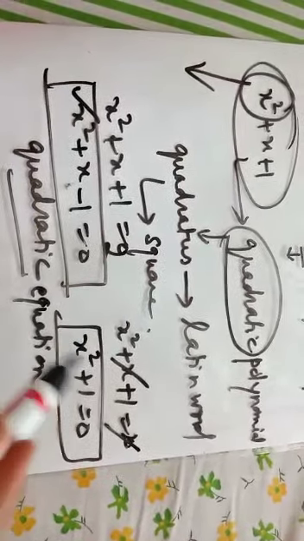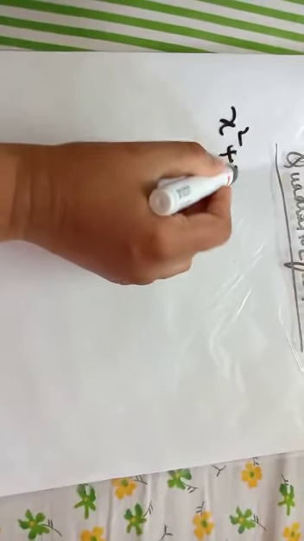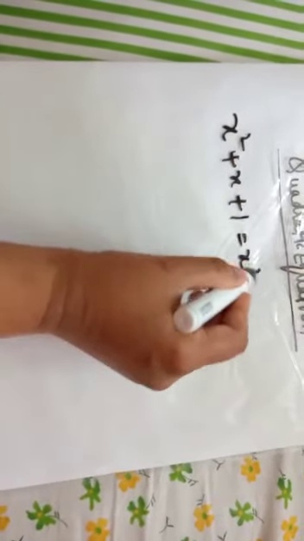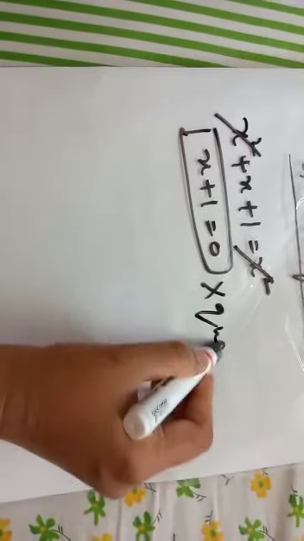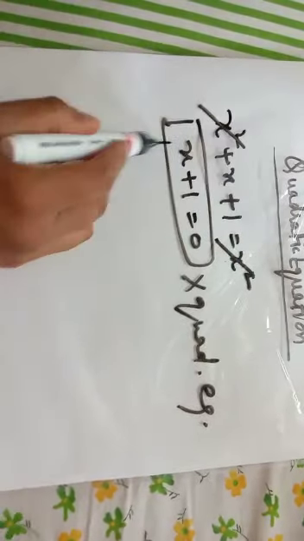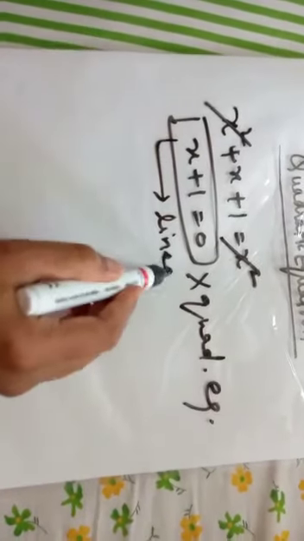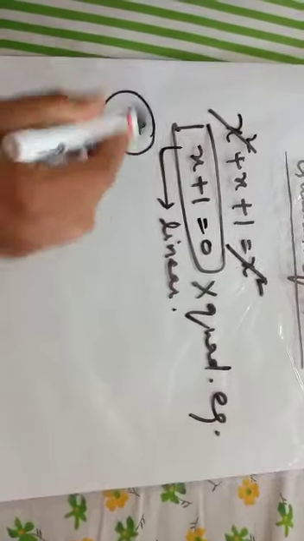Now can this be equal to 0? Just think of this. What if I equate x square plus x plus 1 to x square only? Now this x square cancels, so this is x plus 1 is equal to 0. Now this is not a quadratic equation. Why is this not quadratic? Because the highest power of the variable is 1 here. So now this is linear. That means what is the condition? The condition is that x to the power 2 should be there in my equation.